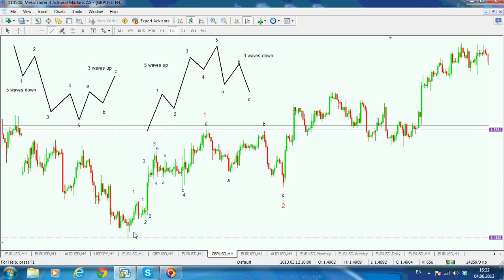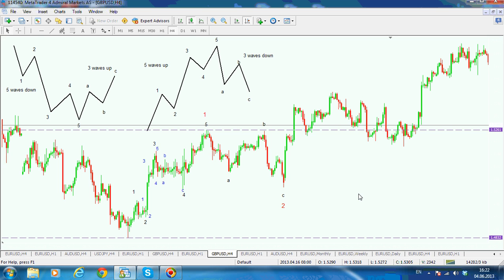So, for example, this to be an A wave like this. So this to be an A, like a correction. Then a B wave like this, and this to be a C wave to the upside. So actually this move to be A, B, C, and to correct the move of a previous higher degree. But that would come when we will look at different degrees